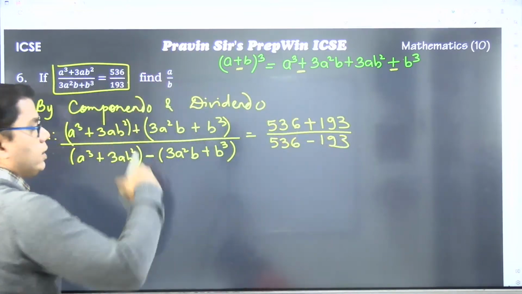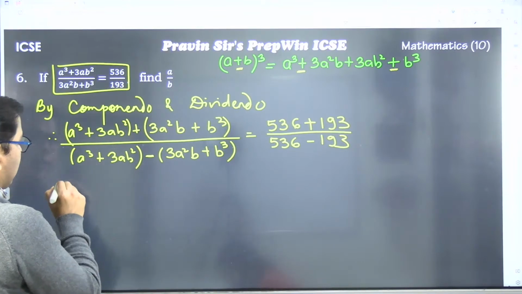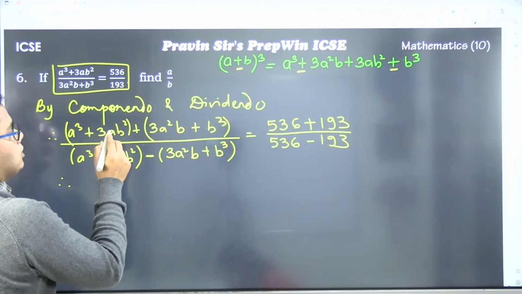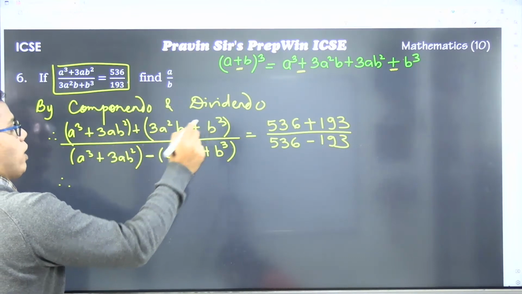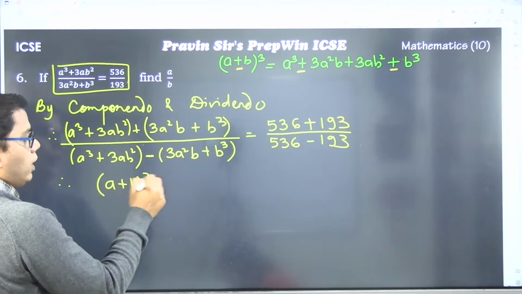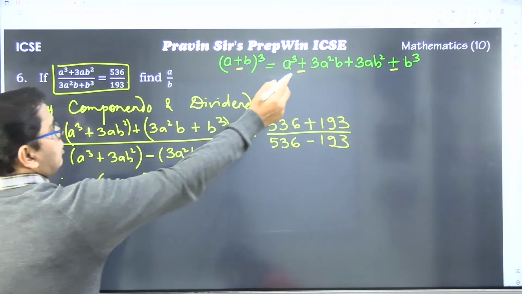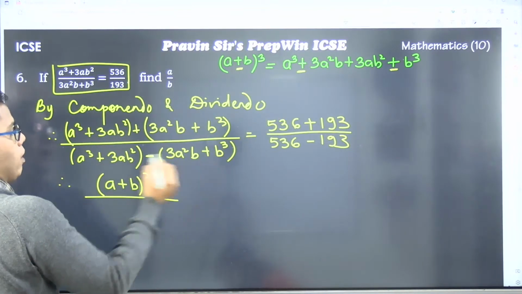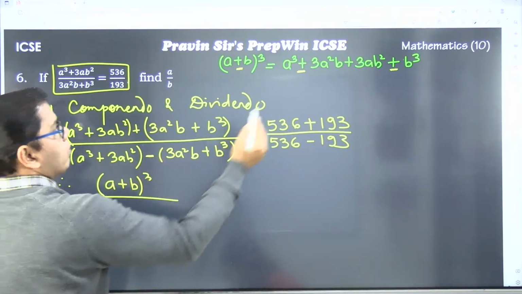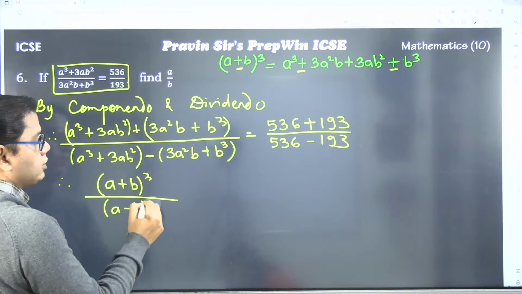Okay, bigger number in the numerator, smaller number in the denominator, so a positive answer is going to come. When you open the bracket, a cube plus 3a square b plus 3ab square plus b cube, this became the a plus b the whole cube formula, isn't it? And look here, a cube minus 3a square b, both become minus, 3a square b plus 3ab square minus b cube. So in the denominator you get the formula a minus b the whole cube.